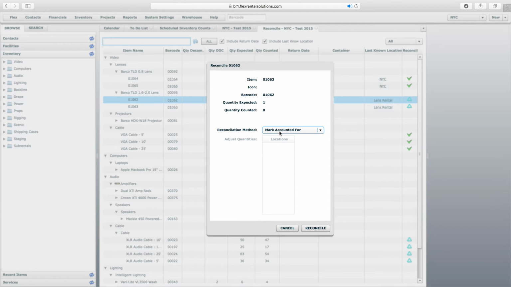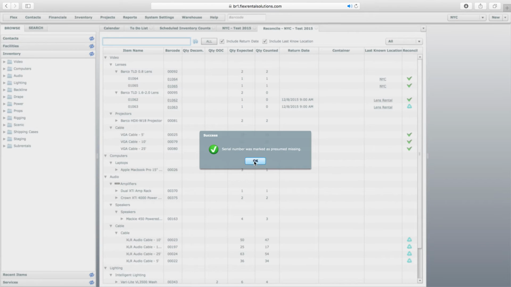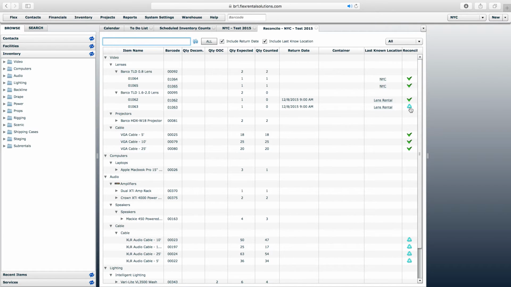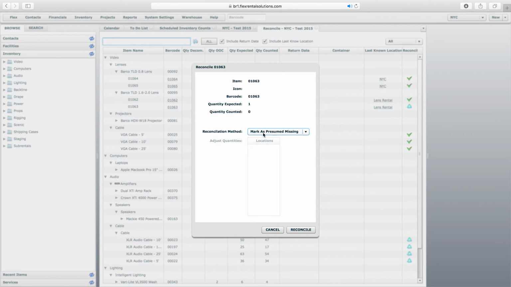We'll look at another example of this in just a minute, but this one we actually want to do mark as presumed missing. Because like I said, nobody really knows where this item is. We've called the client, we've called the warehouse manager, we can't find it. So I mark that as presumed missing. Let's do the other one as well. Mark as presumed missing, click reconcile,